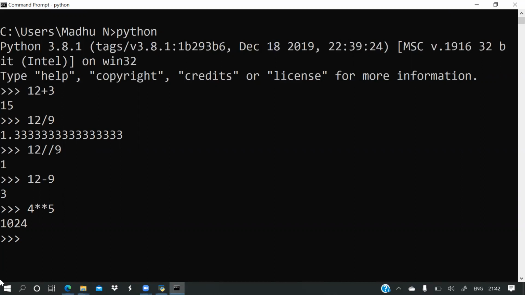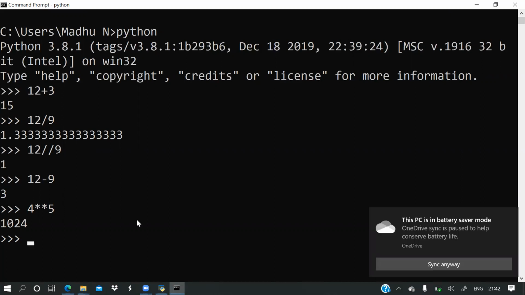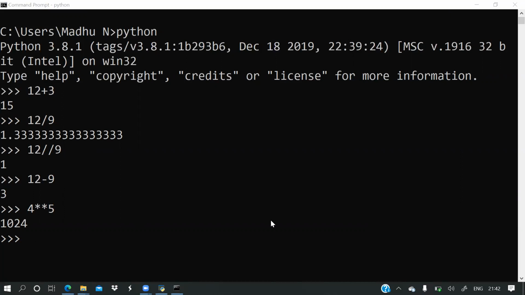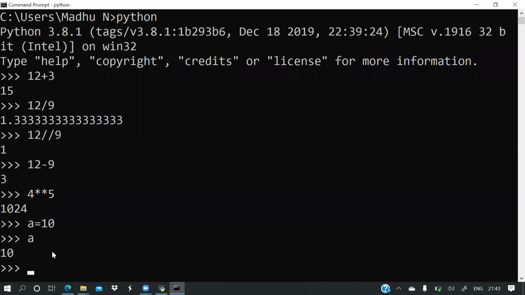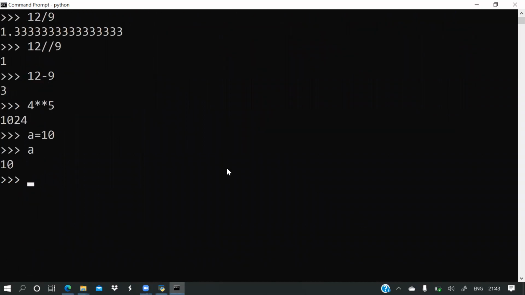Now I am executing in the Python interpreter, that is, command prompt. Here in command prompt also we need not write a print statement. Like if I declare a is equal to 10, and I am typing a and pressing enter, what happened?